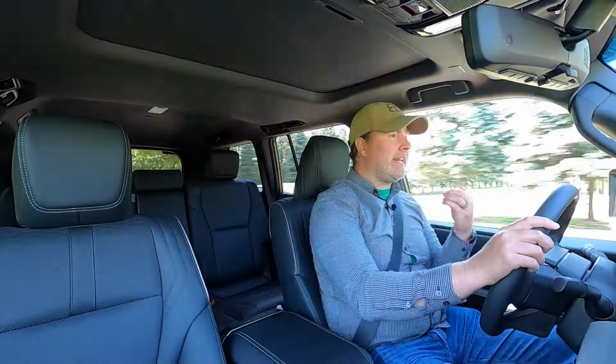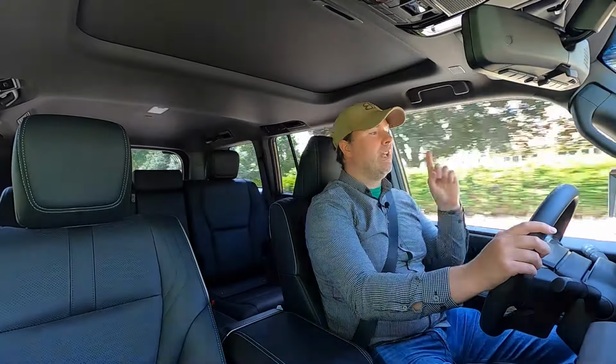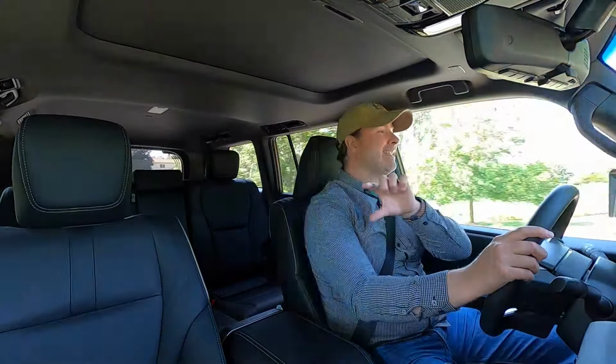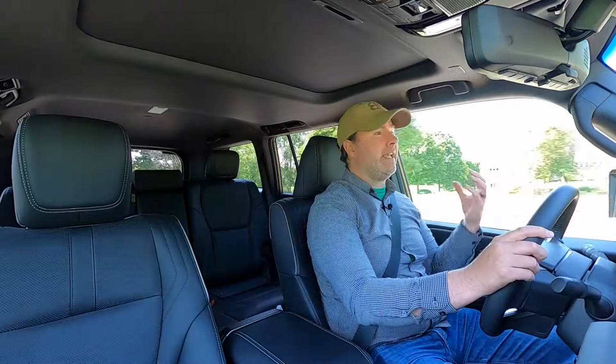All right, let's dig into the chassis. This is built on the TNGA-F platform, the same platform that Toyota uses for the Tundra, the Tacoma, and the Sequoia, not to mention the Lexus GX and the Lexus LX SUVs. This is a body-on-frame SUV, and it has a double wishbone front suspension and a solid rear axle 4-link rear